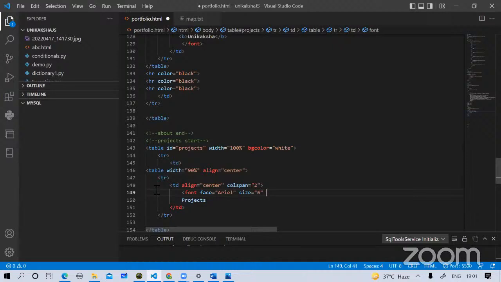Maybe like 6, and give a color. Whichever color you want, let's give black on white, that would be okay. This particular project should go inside your font tag, okay? Because you're applying font on this text of yours. So that's it. If you want to give a horizontal line beneath it, for that you have an HR tag,